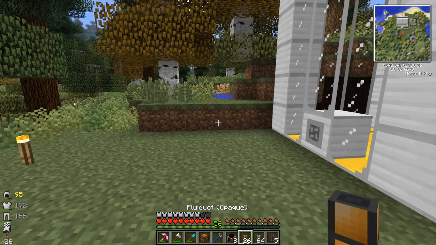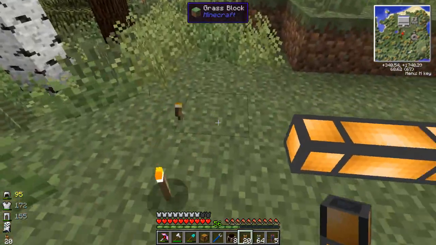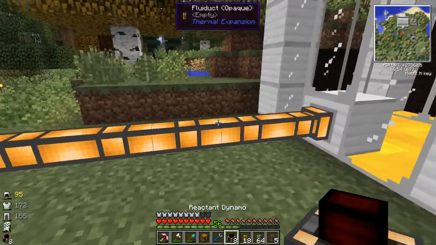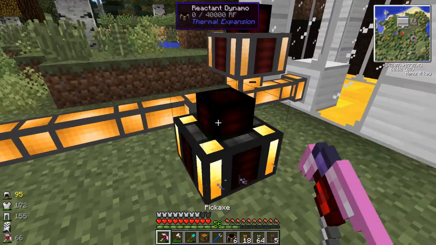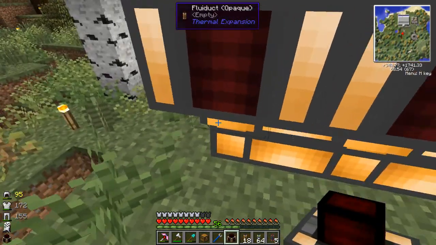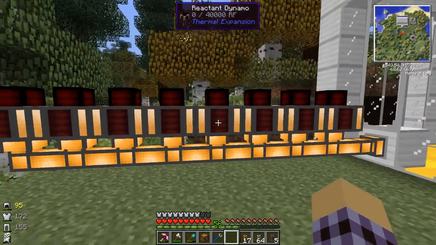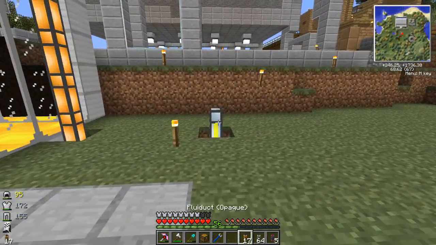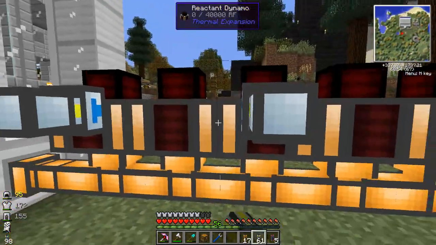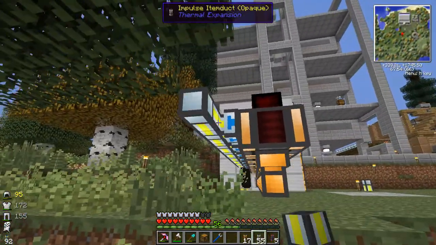But let's set up the dynamo. Okay, so let's set up the fluid ducts. We're going to need them coming along over here. And I still need to dig out or fill in some of that stuff. But let's set up the reactant dynamos. And we'll put the last one right there. Now, we need to bring this pipe over. And I kind of want it running around back, so let's do that. Like that. And then we'll just bring it...